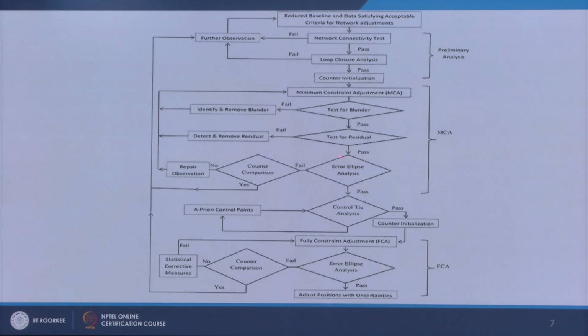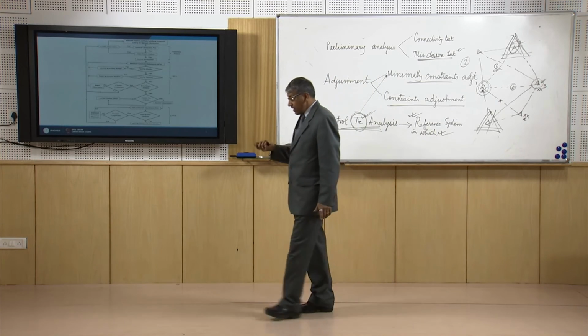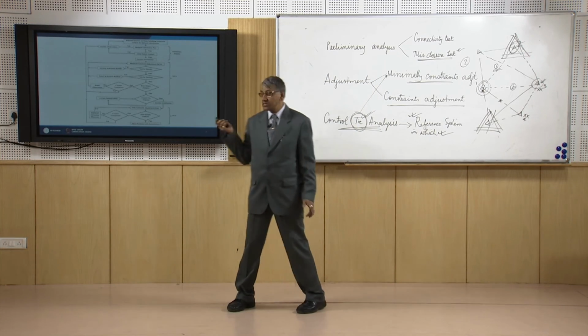In some cases the control tie analysis can be done after minimal constraint analysis, or in some cases after the fully constraint analysis. Fully constraint analysis or constraint analysis is the same adjustment. So when the error ellipse analysis is satisfied, the adjusted position of the point has been arrived at. With this I want to conclude the network analysis.